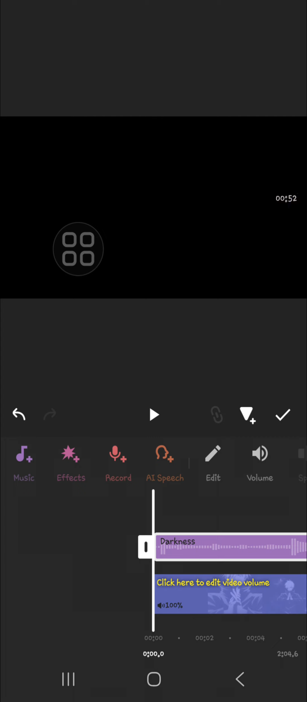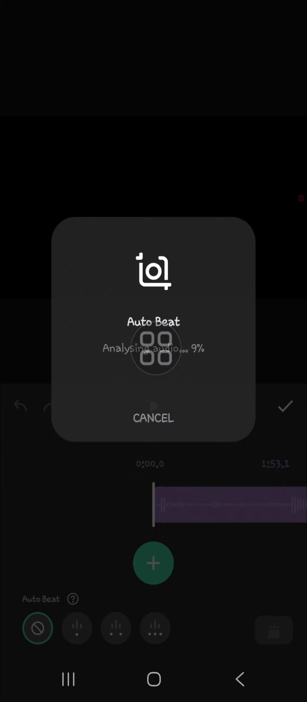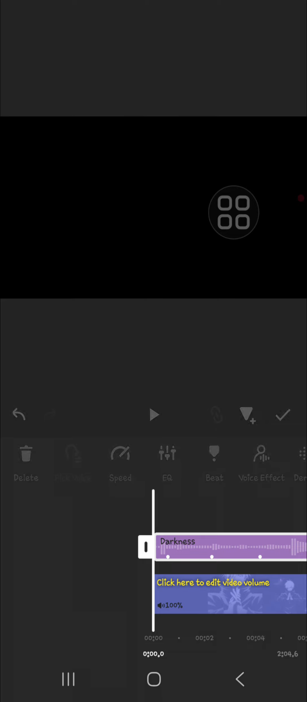marks to this music. We can go to the beat menu, and then we can activate the auto beat. The InShot application has released auto beat feature guys, and this feature allows us to add beat marks automatically to our audio. You just need to choose the intensity right here, and I'm just going to choose this intensity. Okay, this one, and then click on the check mark, and we're going to cut the video according to the